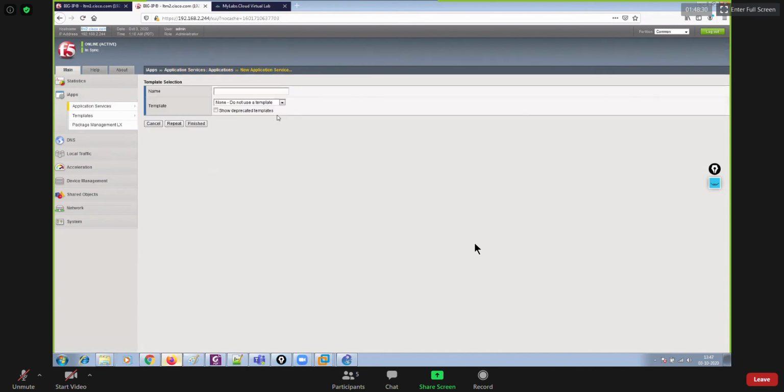Provide its name, let's say HTTPS VS2, virtual server 2. Template is again HTTP, or maybe I could say FTP. It's up to me, right guys?